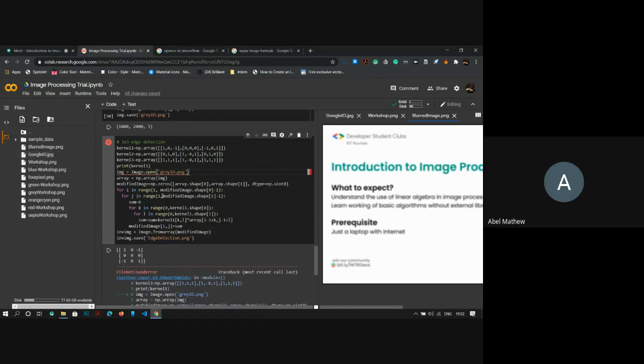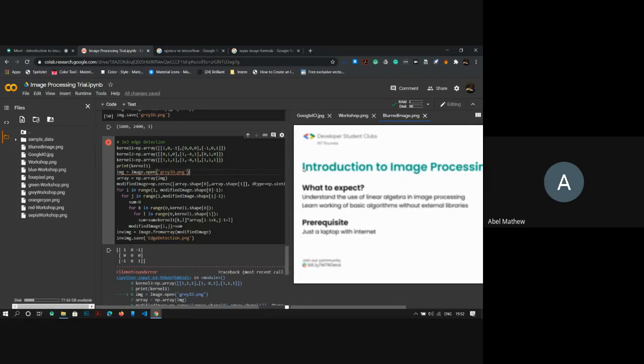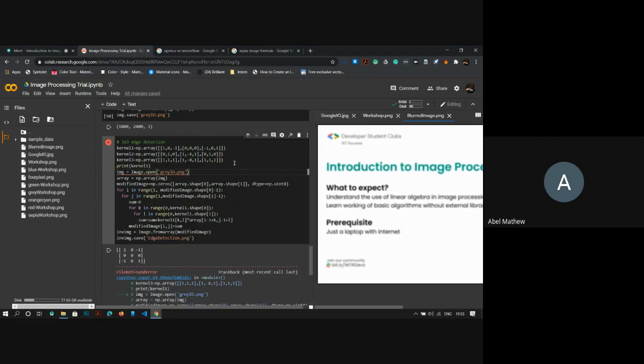Let us use a gray image, because edge detection on a colored image is something which is possible, but we are not covering it right now. So we can calculate where the green color's edges happen, and using it directly in an application, I'm not really sure. But this particular concept of edge detection is used in multiple places. So if we have a gray image, we directly use it. Or the other way around is we can have a colored image converted to gray and use it.